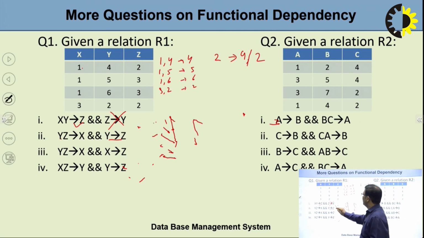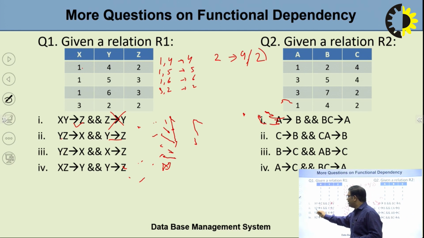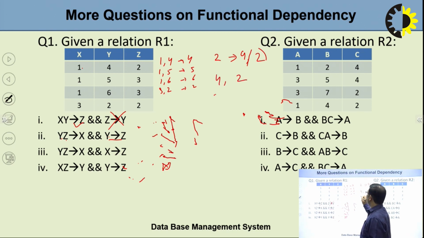Let's repeat. This is wrong because here we can find two different functional dependencies. Okay, so this is wrong. And YZ to X and Y to Z. Y to Z means 4 to 2 and 2 to 2,